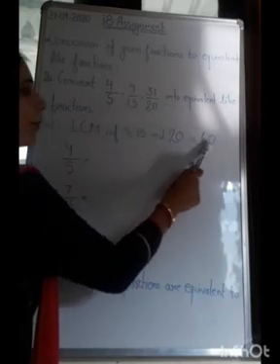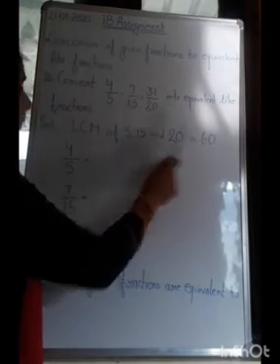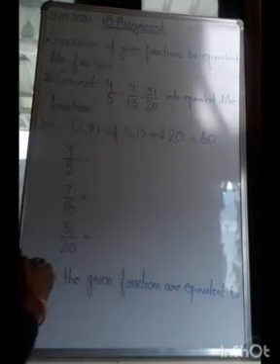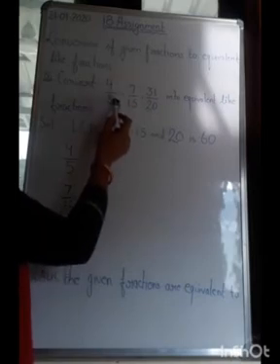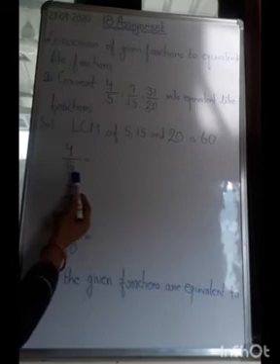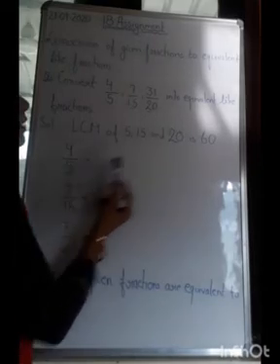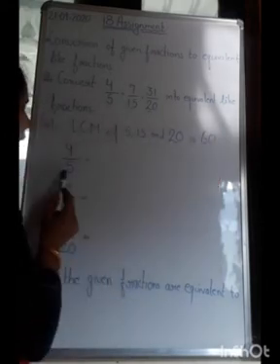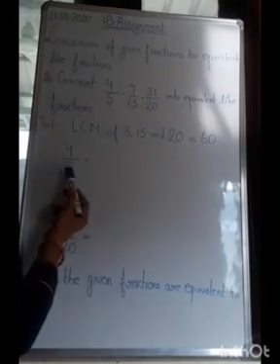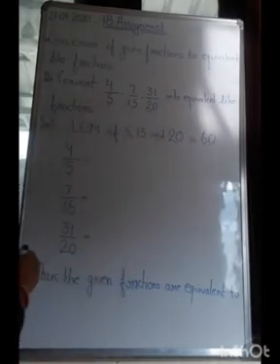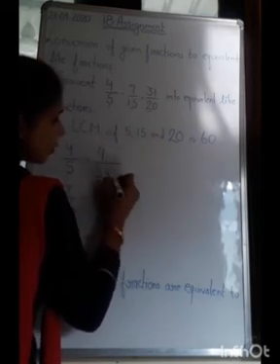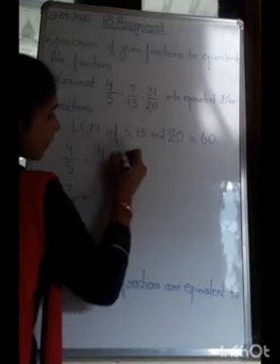I have found it and it is coming 60. You can find it by yourself. Okay. So first of all, we have to find the LCM of the denominator, that is coming equals to 60. Now what we have to do, first we take the first fraction. And we have to multiply both the numerator as well as the denominator of the fraction by a number so that it becomes equal to the LCM. It means you have to make this denominator equal to this number, that is 60. So you have to multiply 5 with the number so that it comes 60. Now with whom you have to multiply 5 to make it 60? By 12. Okay. So I am multiplying 5 with 12.